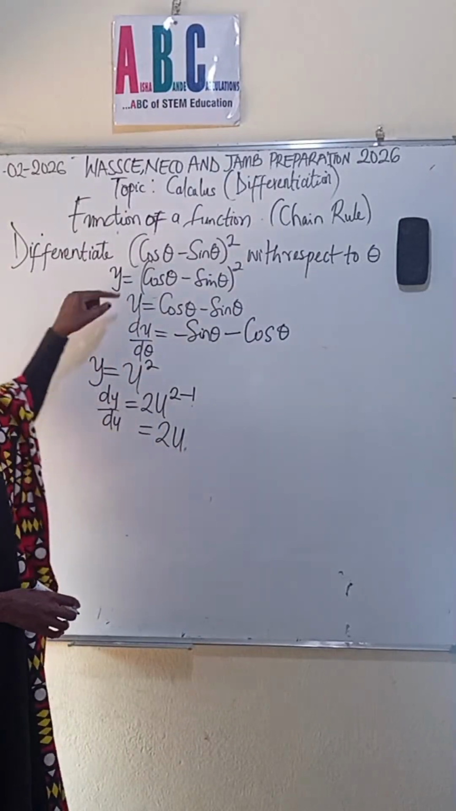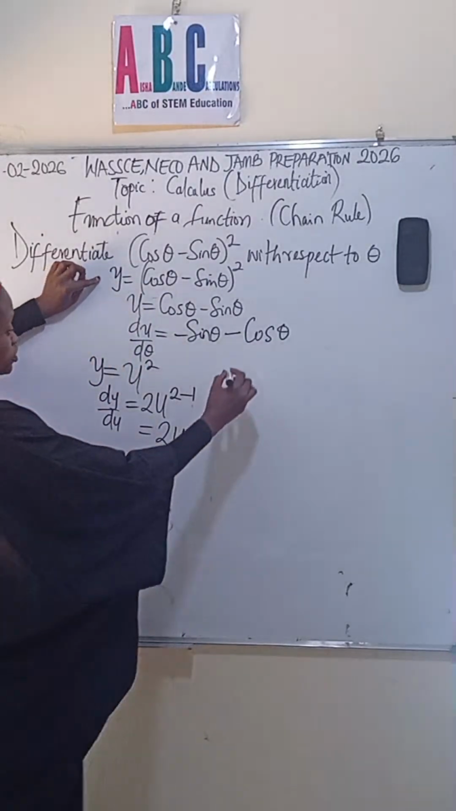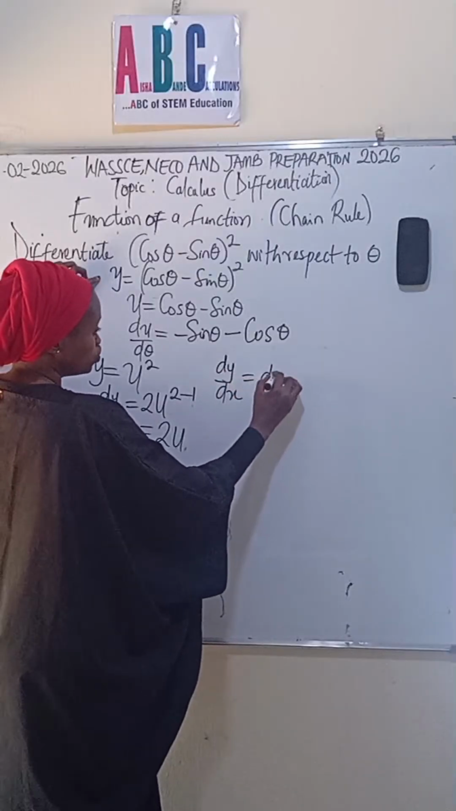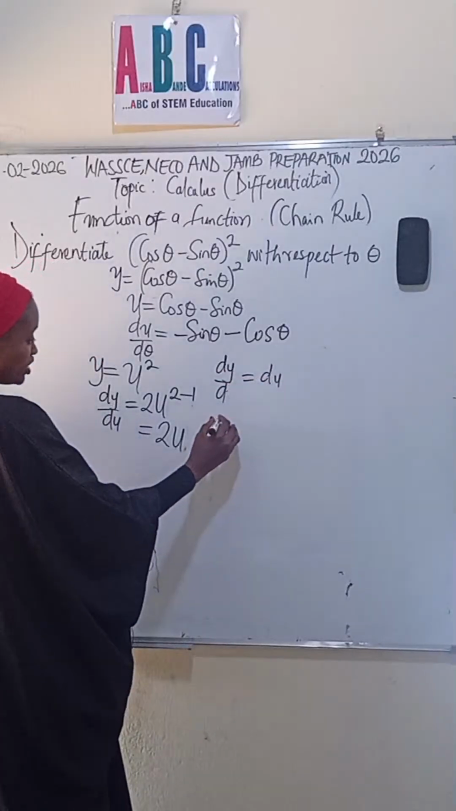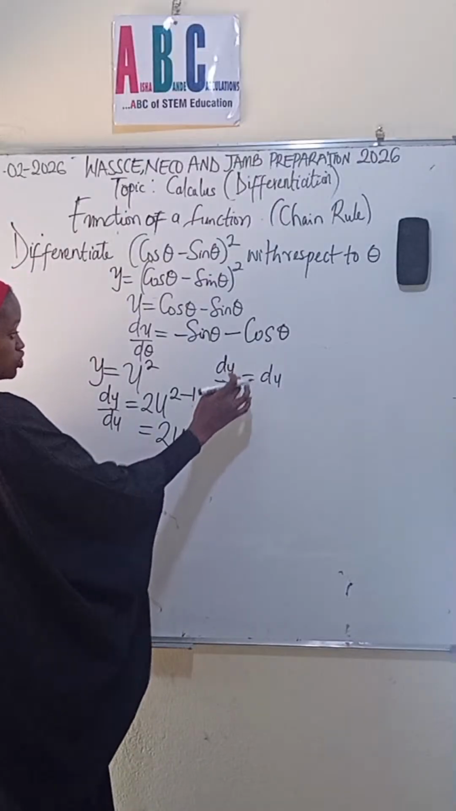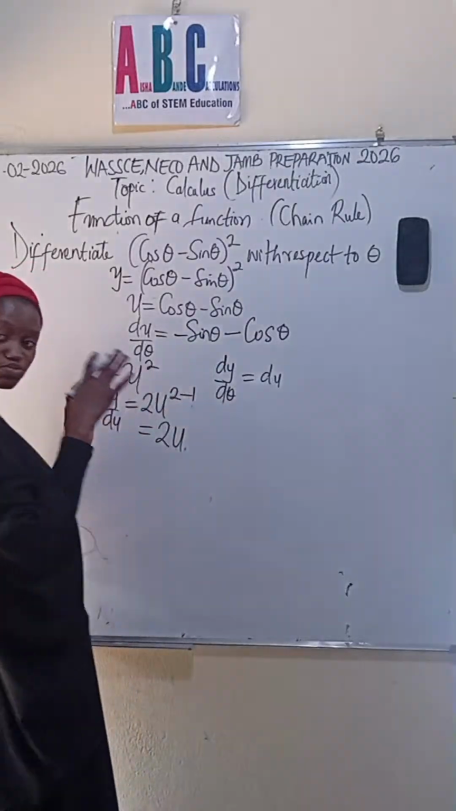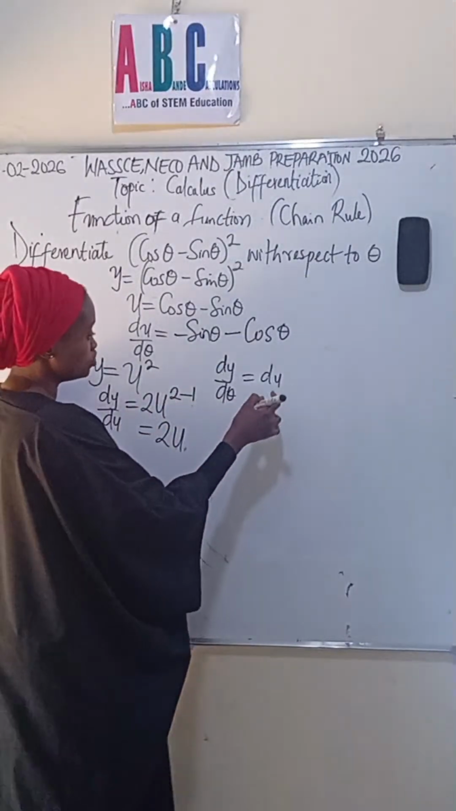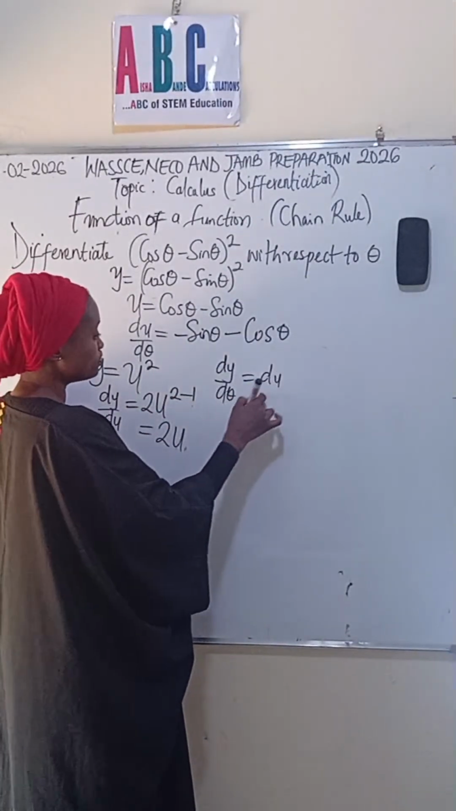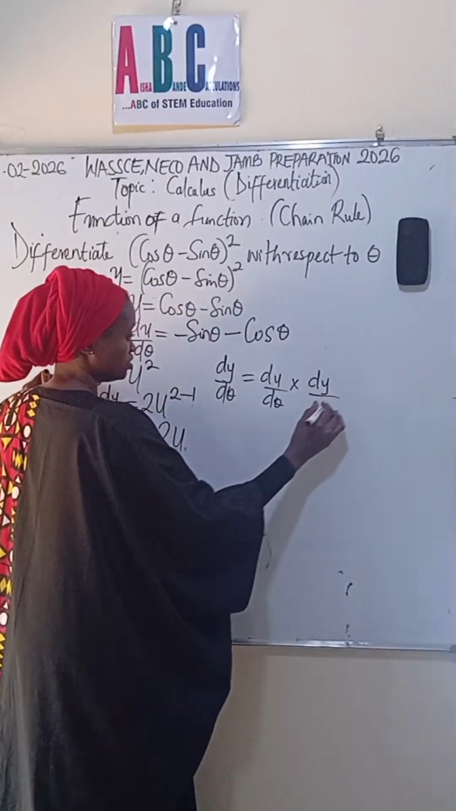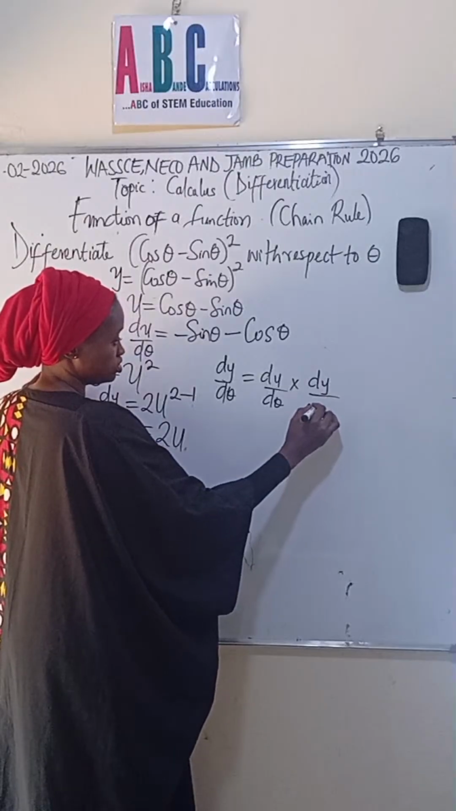Okay, so now we can put it into the formula, which is what? dy dx is equal to what? In this case, it's not x, it's going to be theta. So dy d theta, because we are differentiating with respect to theta. It has been stated already in the question. So this is dy d theta will be du d theta times dy